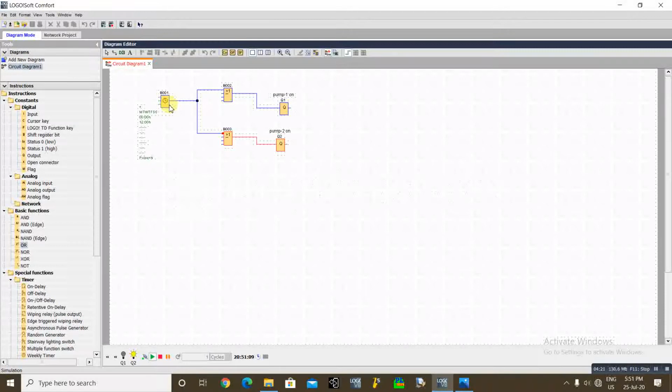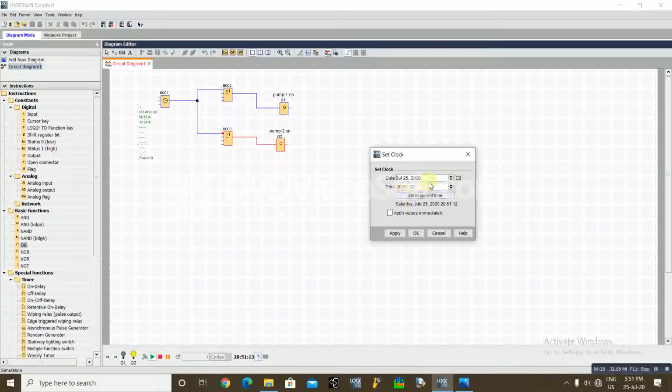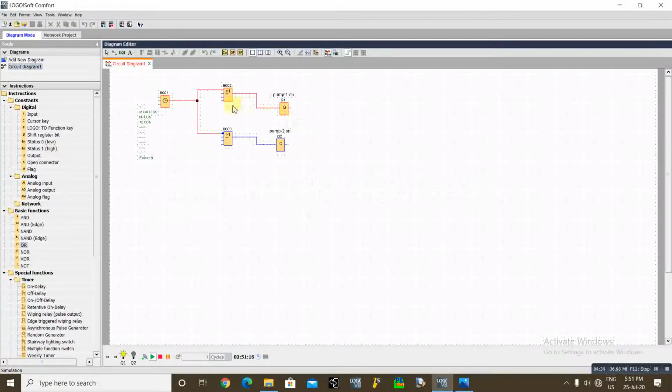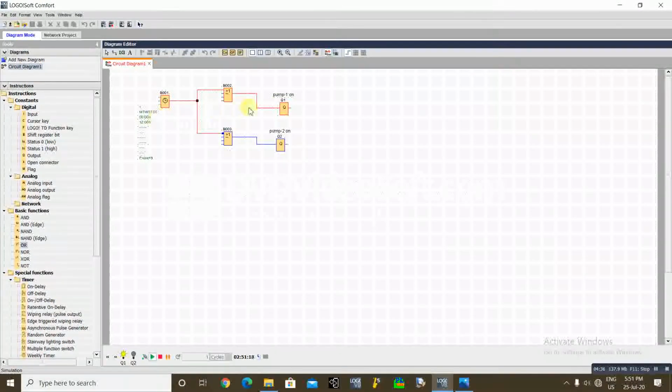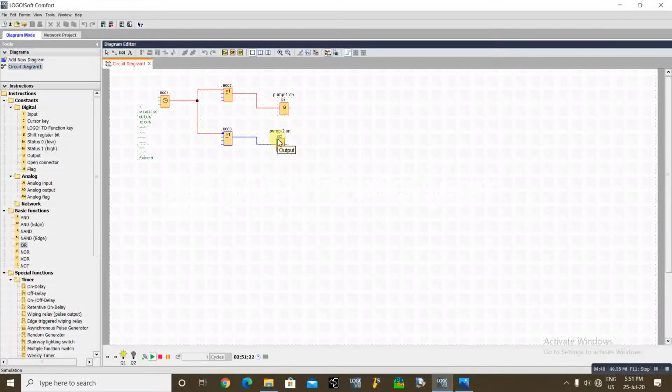Now the time is for pump 2 duty, so now we will change the timing and check. Now see, pump 1 is on. This pump will run till 12 p.m., then it will change automatically to pump 2.